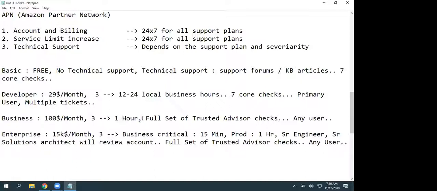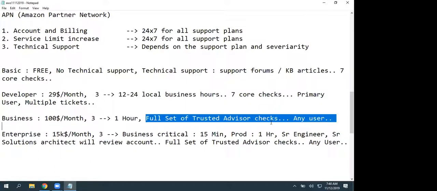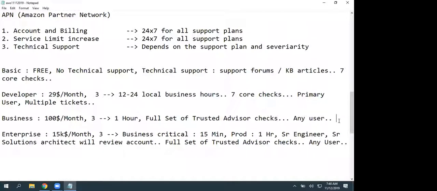for technical support, and you're going to get the full set of Trusted Advisor checks. Any user can raise a ticket, either an IAM user or the root user, that we will discuss today. Multiple tickets can also be raised. So that is the business support plan, and in my opinion 80% of organizations will use this business support